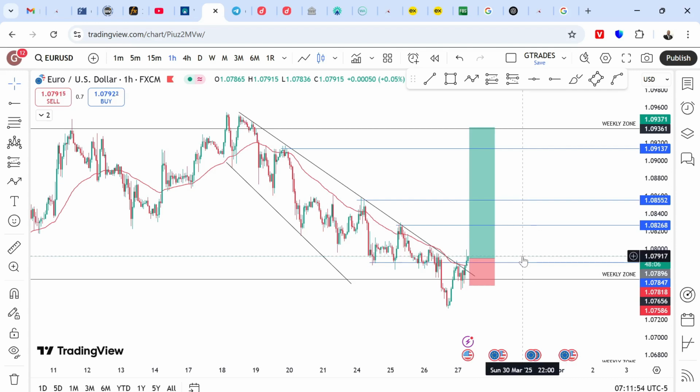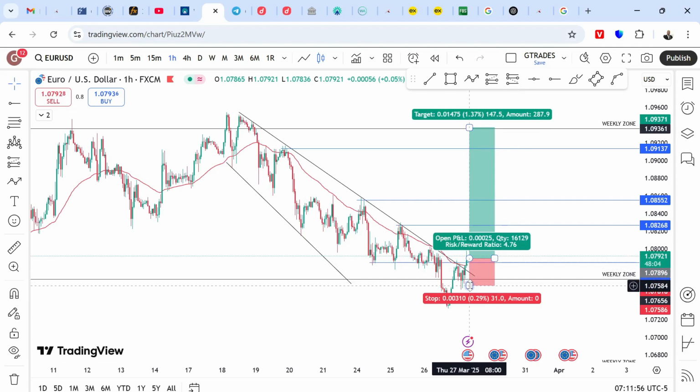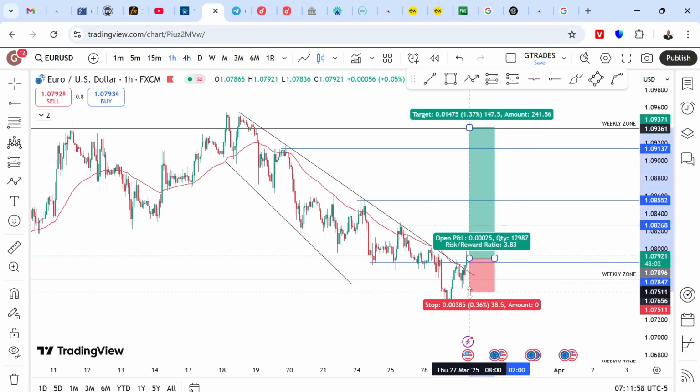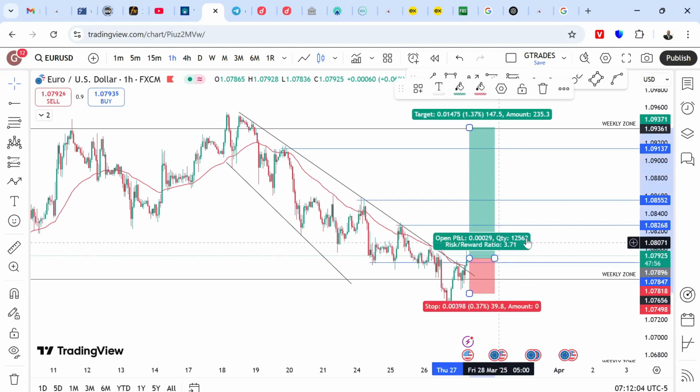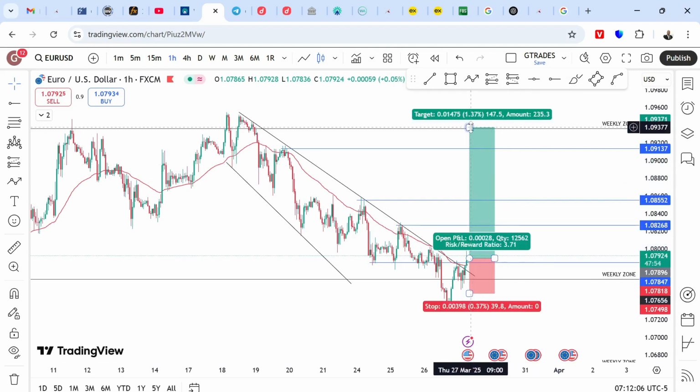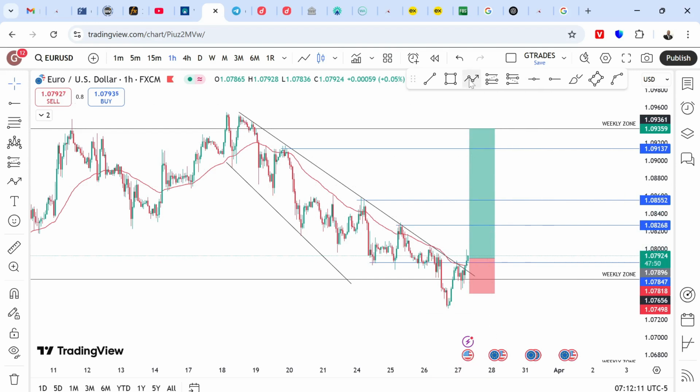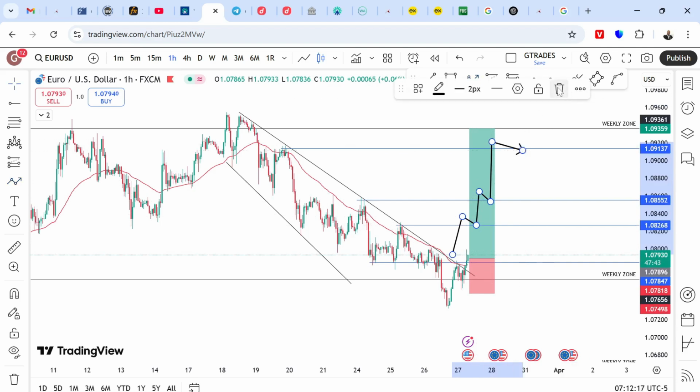Even for now, I'm on the 1 hour time frame. I'm looking at this. I think I'll be more comfortable putting my stop loss here. You can see, there's nothing wrong with me using 40 pips to take this trade, knowing fully well that I'm going to be aiming at this particular high, right? Then I'll be scaling in whenever the market breaks any of this region and enter more trades, boom, right? This is how you make money off of the market.